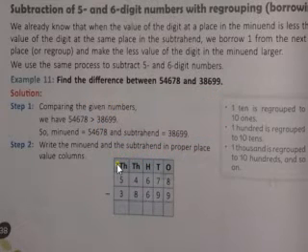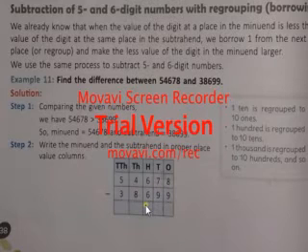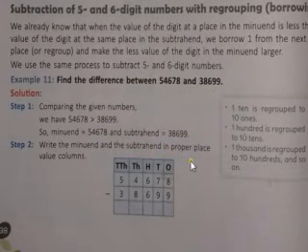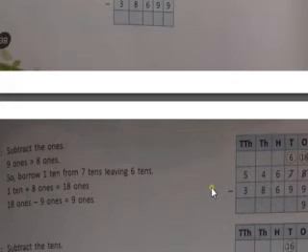Of course, if you do not give, then also no problem, but the number should be according to your place value. Ones should be placed under the ones, tens under the tens, hundreds under the hundreds, thousands under the thousands, and ten thousands under the ten thousands. As you can see here, it has been placed. Then what it has been said, write the minuend and subtrahend in the proper place value columns, as I already said. Now we will move to the next step.